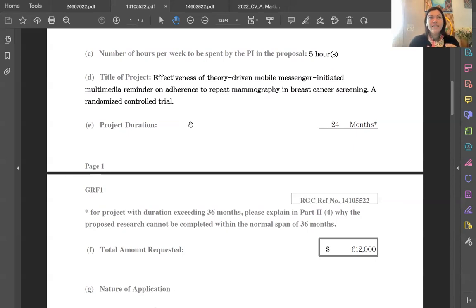So at some point during the study, if it turns out that this is working really well, are they going to just stop it and give it to everybody? Or at some point during the study, are they going to flip it and give half the people that were the intervention group go back to normal, and then the control group, which didn't get anything new, now gets it? So randomized control trials should start you thinking about, is this fair for everybody, given that the diagnosis may be serious? Anyway, that's where my brain goes.